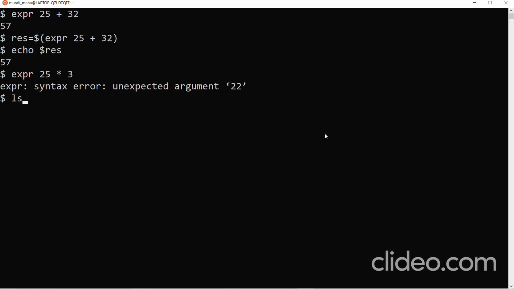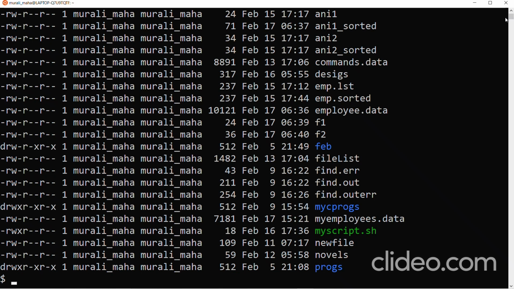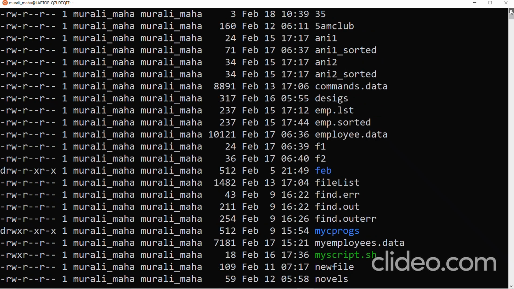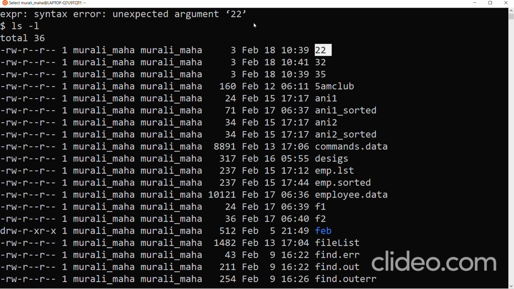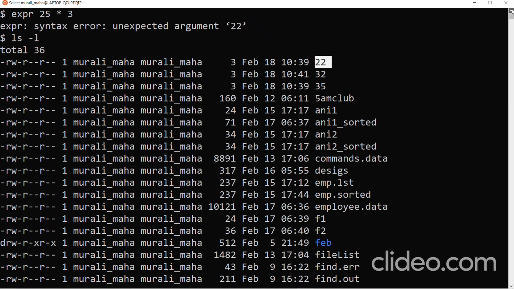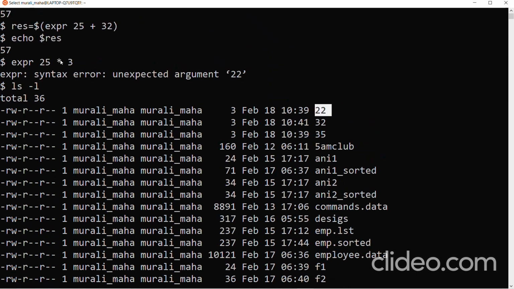So ls -l. See, there is a file called 22. So that is the first file in the list of files. So it becomes like 25, then followed by 22, this, that, so many things, the list of all files, then finally followed by 3.